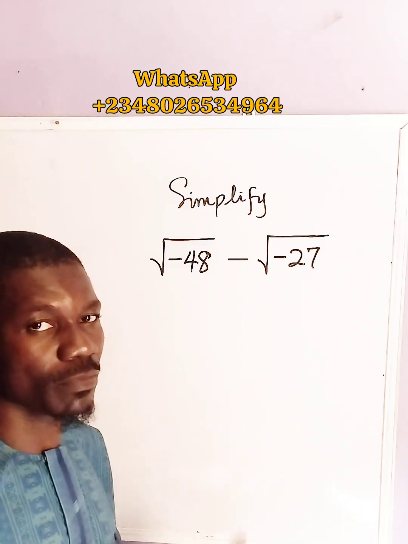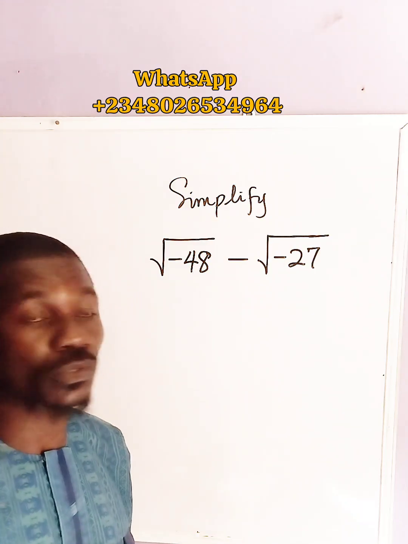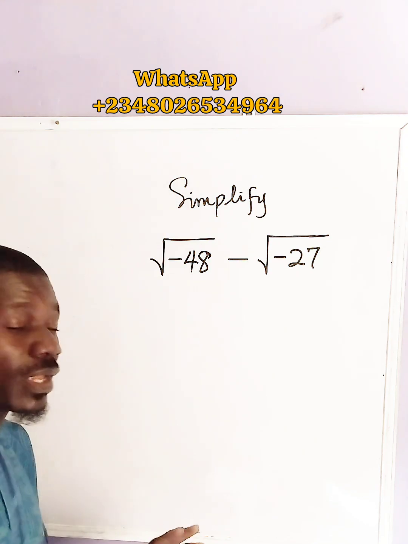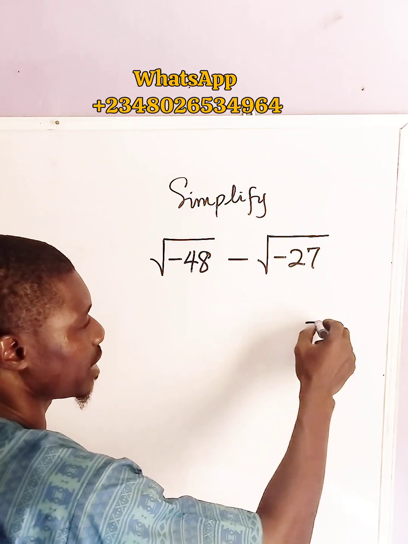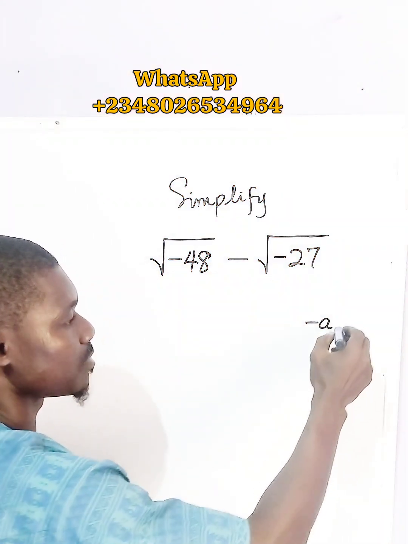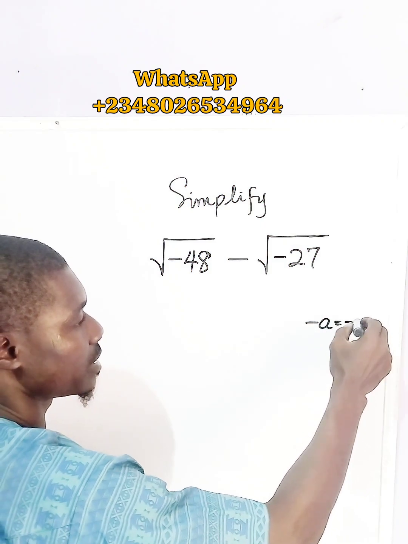Like online tutorial. Now before us is this expression and we're told to simplify. First of all, let us note that when we have any number like negative a, it means negative 1